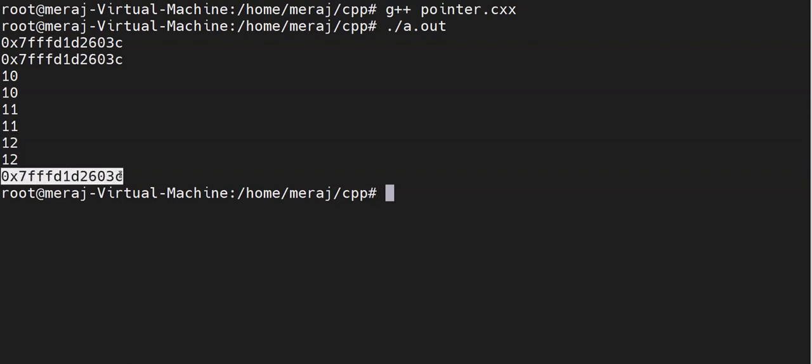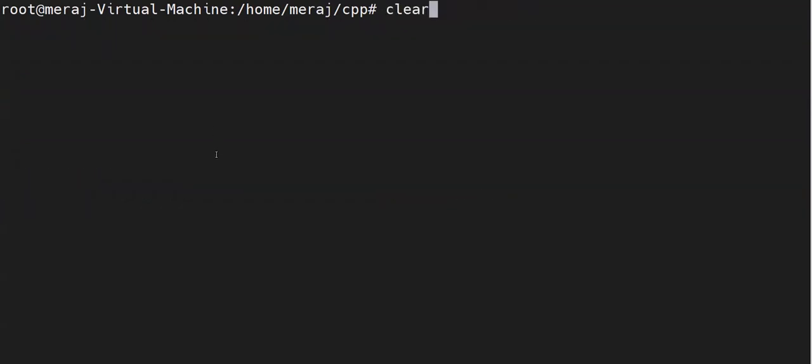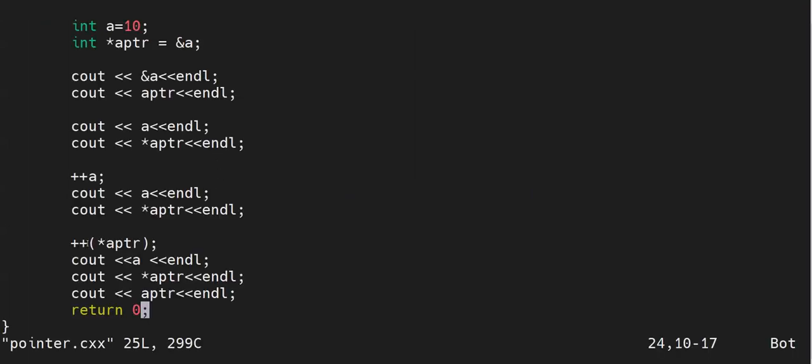Now our APTR is also pointing back to our original A. So when working with pointers, you have to be very careful. If you observe, earlier we just did plus plus APTR, which means our APTR is no more pointing to valid memory and it's a dangling pointer. So you have to be very careful when working with pointers.